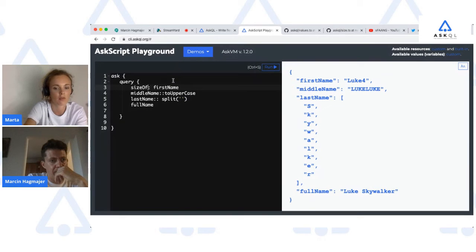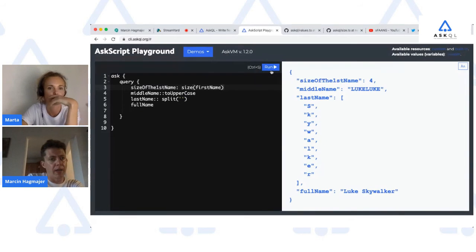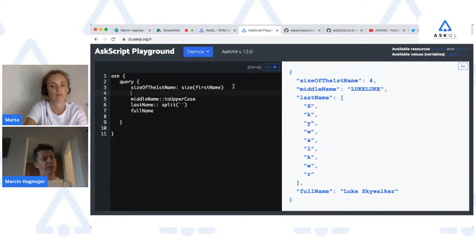Size of the first name, size. And on a line below, for instance, we can also print the first name. Then we can compare. It's very easy to see that the first name is a short one.